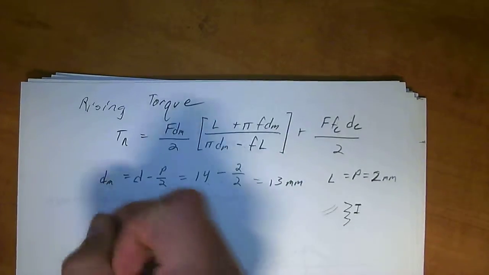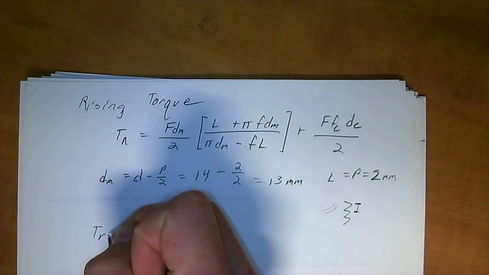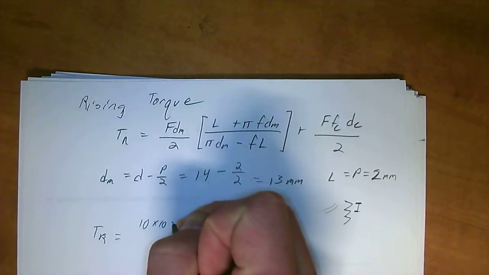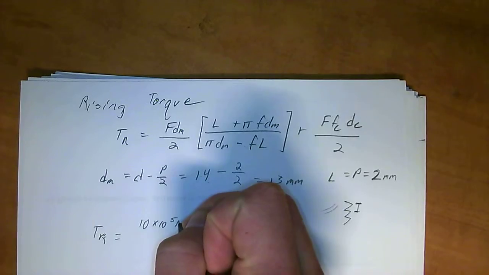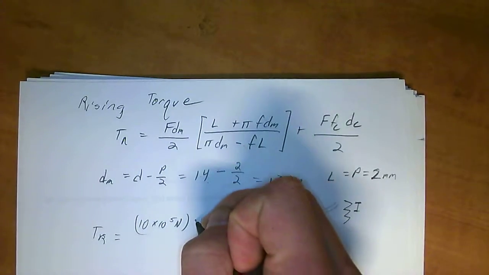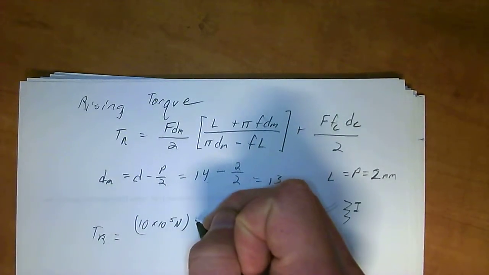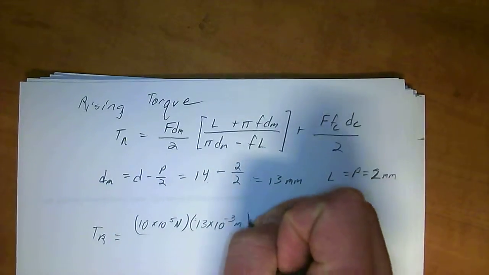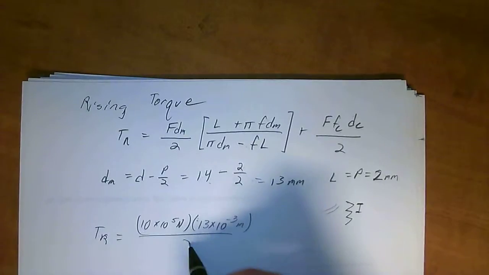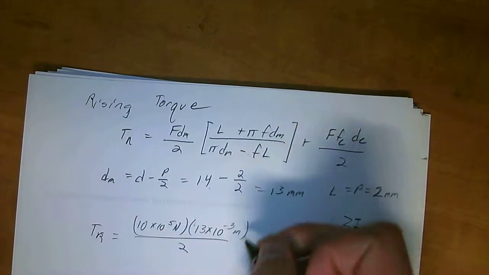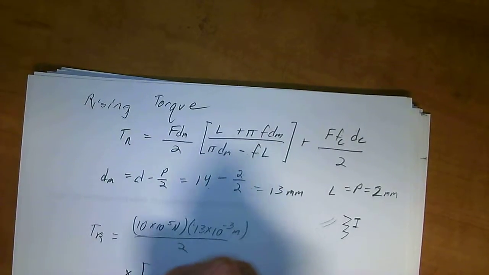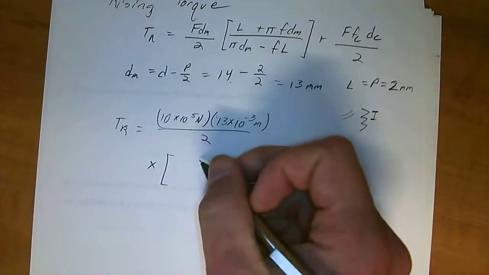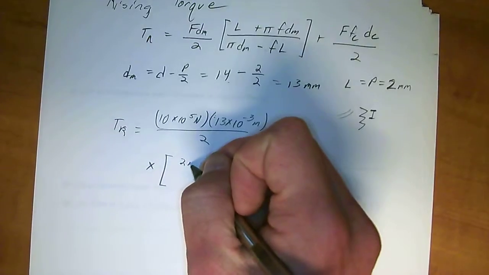So moving on, doing this calculation, T_R is equal to 10 times 10 to the 3rd newtons, which is the force. If you go back and look at the problem, 13 times 10 to the negative 3rd meters, which is d_m, all over 2. And I'm going to go ahead and multiply that down here because I made a mistake. Putting this stuff over here, I should have moved down further. So multiplied by 2 millimeters